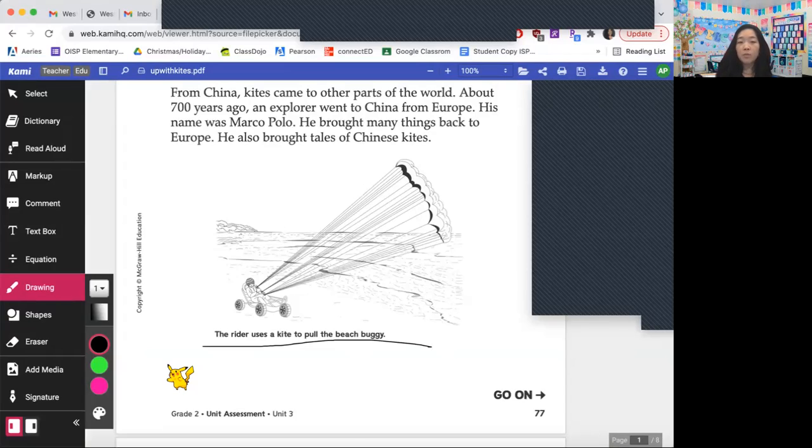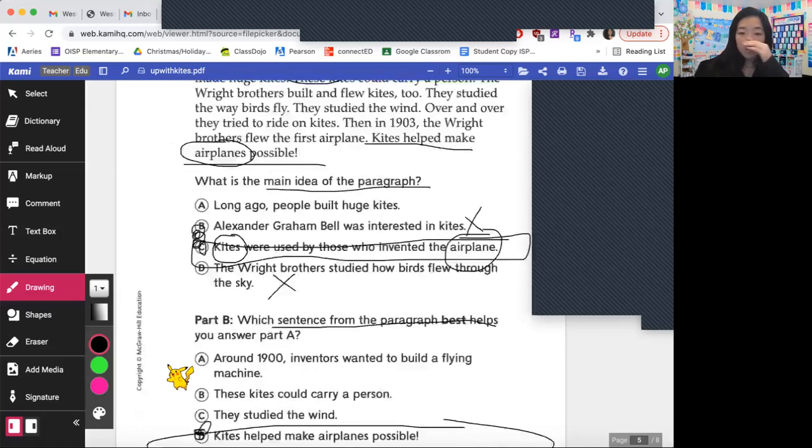Anybody can unmute. You're just going to rearrange the words and say them in your own way. So what is happening in this picture? Anybody, what is happening in this picture? A kite carrying some cars. It's a kite. Okay,